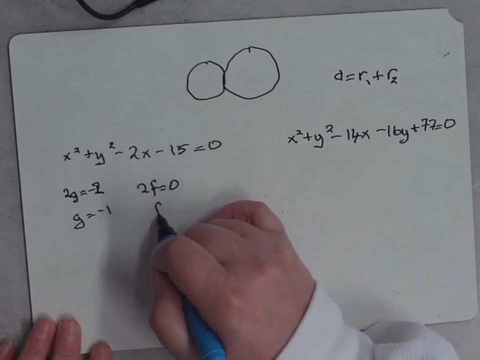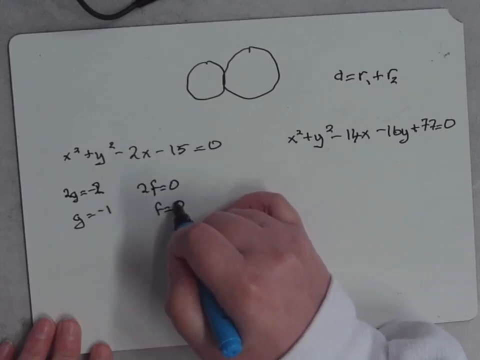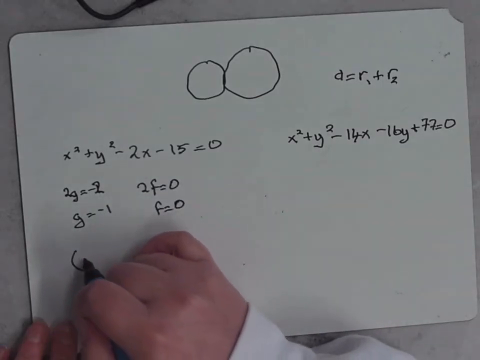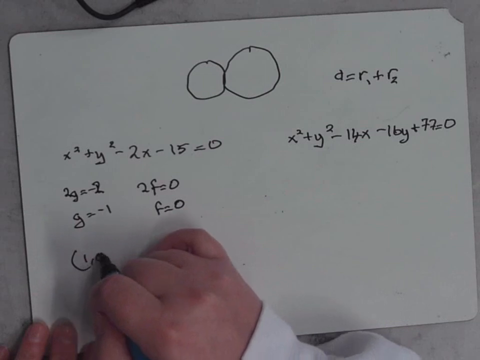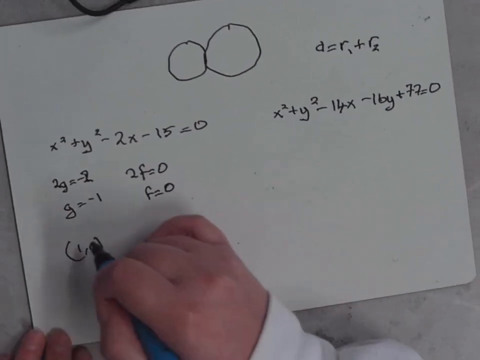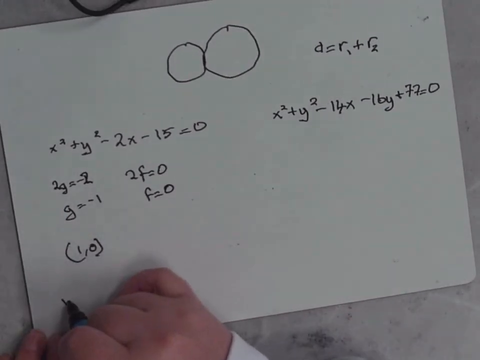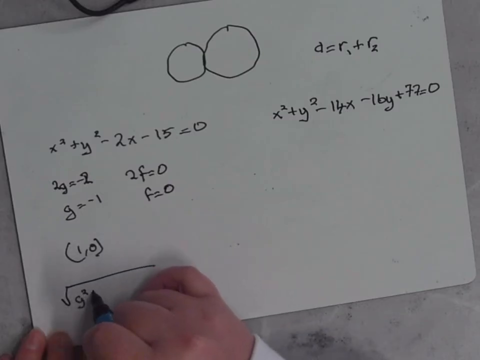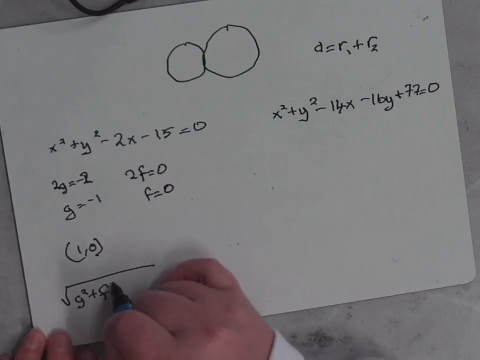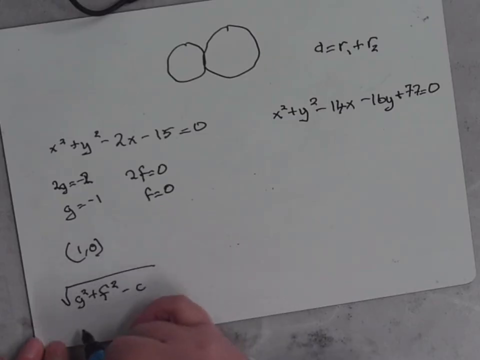So that means f is 0. So the centre is minus g, minus f, which is (1, 0). Okay? The radius is the square root of g squared plus f squared minus c, so that's the square root